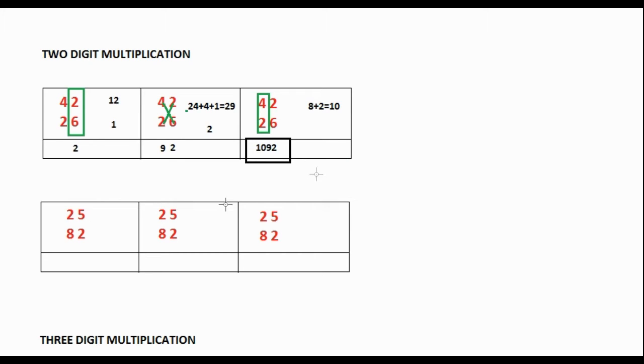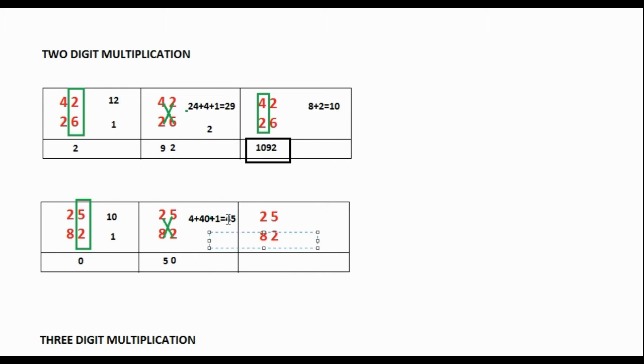Simple, isn't it? Let us do another problem. In this, we are going to multiply 25 and 82. So our first step will be to multiply numbers in the units digit. So in the units digit, we have 5 and 2. We will get 10. So just write this 0 over here and take this 1 to the next step. In the next step, we are going to cross multiply 2 and 2 and 5 and 8. 2 and 2 will give 4, 5 and 8 gives 40. So already we have this 1 from the previous step, so we'll get 45. Just write this 5 over here, this 0 came from the previous step, and take this 4 to the next step.